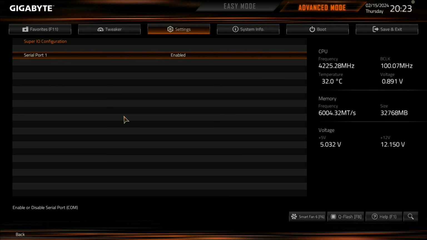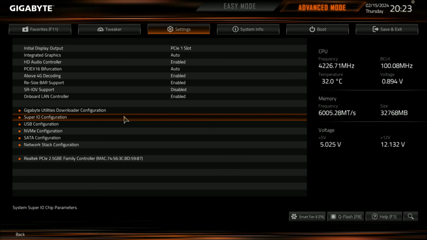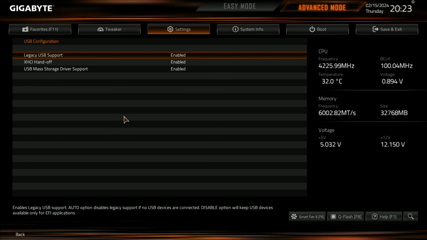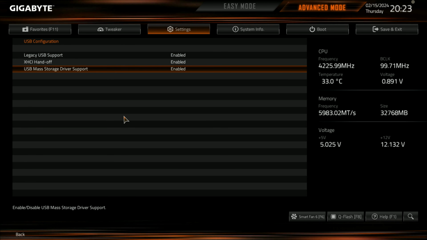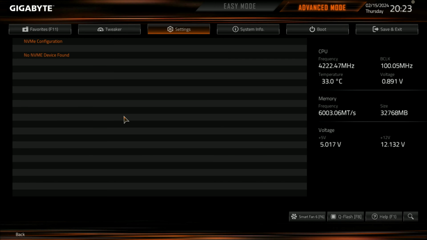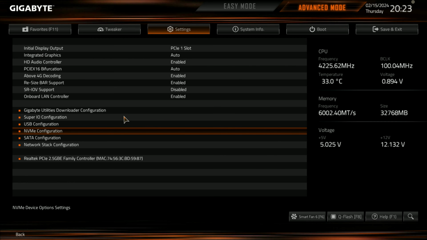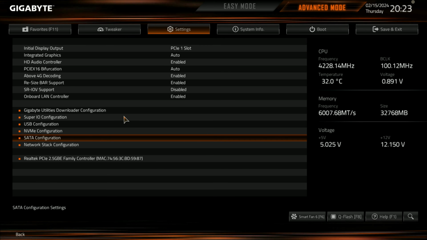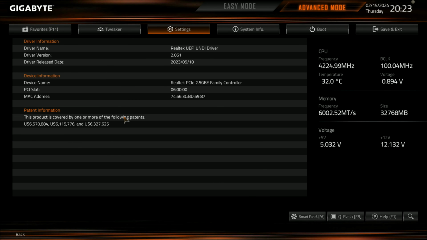We got the serial port here, which I don't think this actually comes with a serial port, so it must be just serial COM port type stuff. USB configuration, legacy support, everything's enabled, all the handoffs. NVMe configuration, no devices are found, but this has 3 slots for NVMe's. You have 4 SATA ports on here, and that's all good. If you put in like 2 ports and stuff, you'll see you got your 2.5 gig NIC there,